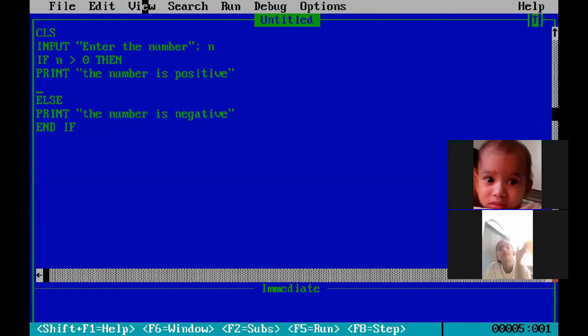Now we will use go to in the program afterward. Now let's go to the next topic, that is loop. Looping means repeating of a statement or repeating of an action. In simple words we can say action replay. The action that will be repeating a number of times, that is called loop.